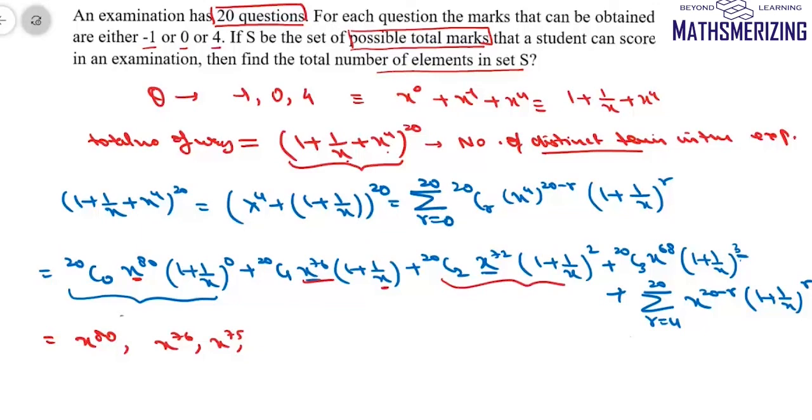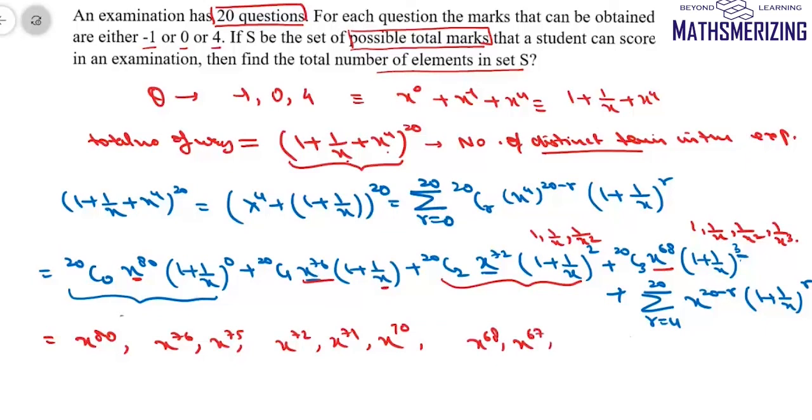Then from this one, 1 plus 1 upon x whole square, it will have 1 upon x and 1 upon x square. So here I'll get x to the power 72, x to the power 71, x to the power 70. Now with 68, I'll have 1 upon x, 1 upon x square and 1 upon x cube. So here I'll get x to the power 68, 67, 66, and